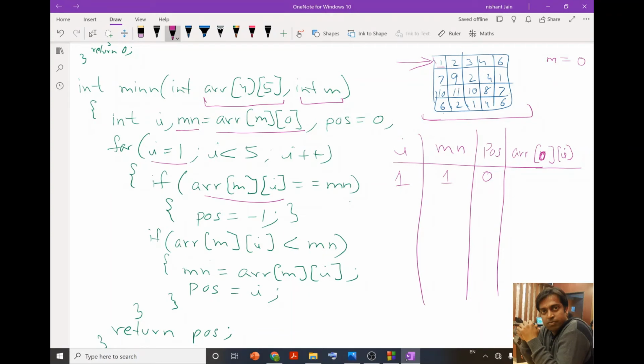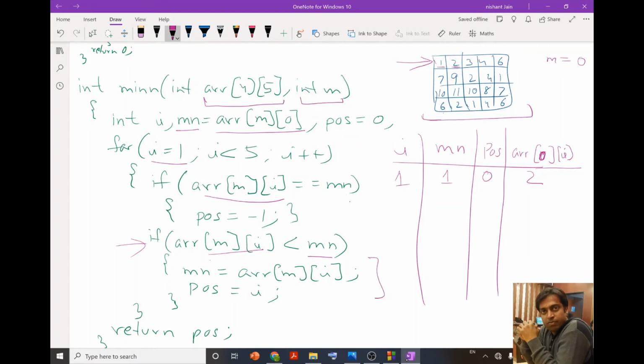This is this value, 2. So since this 2 is equal to mn, which is 1, the condition is false, so we are not going to execute this. We will check this condition. Now over here, this is 2, this is 1. The condition is false, so again we are not going to execute this.